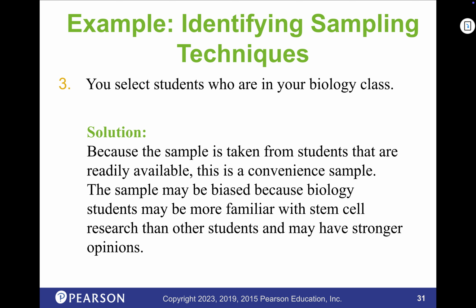Question? Still? Okay. So convenient sampling is very easy to do, but there's really no randomness to it. You're just taking students who are readily available. Now, if I went and asked every fifth person in my biology class, then I could make it systematic, right? That would be systematic. At least do something with it.